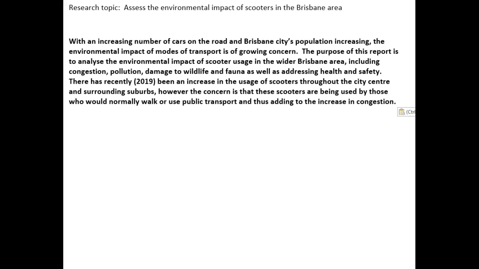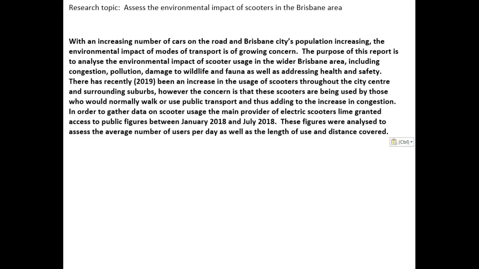But we also need to tell the reader how we went about collecting the information for your topic. This sentence is a sentence about the methodology. My sentence looks like this. In order to gather data on scooter usage, the main provider of electric scooters, Lime, granted access to public figures between January 2018 and July 2018. These figures were analysed to assess the average number of users per day, as well as the length of usage